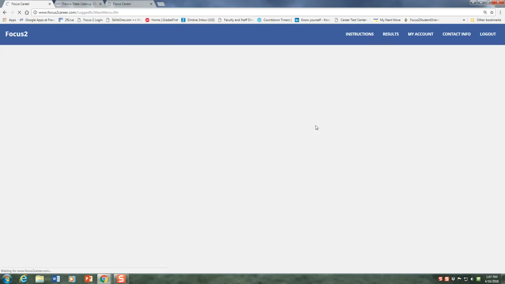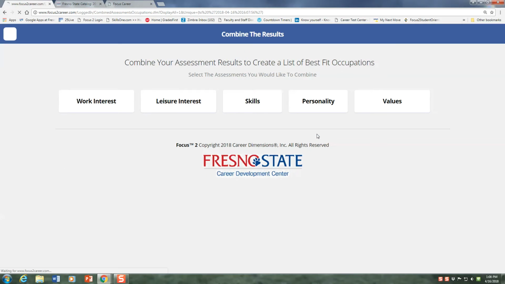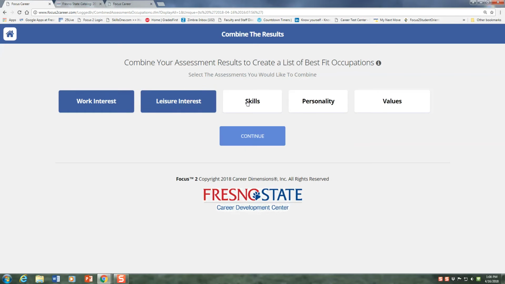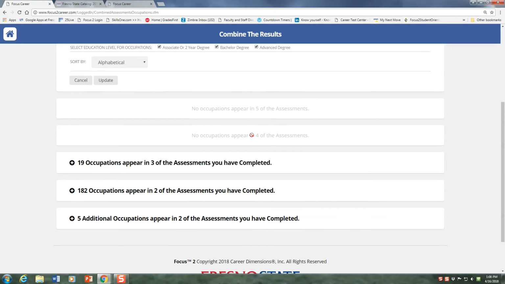So once I'm done with all of the assessments, it will tell me that I've completed 100% on all. That's when I want to combine my assessment scores. So I say combine, I click all of them, I press continue. Now on these,